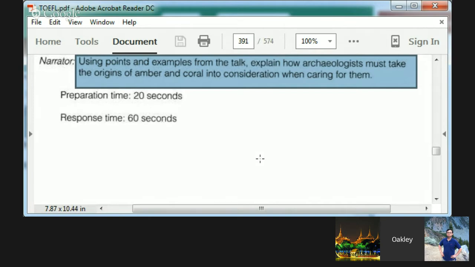Okay, in question 6, the question itself here that I have highlighted from the narrator will change a lot. Unlike question 5, where the question itself is exactly the same every single time. Here, you're going to have to do reported speech, but you're also going to have to draw some kind of relationships between two things.